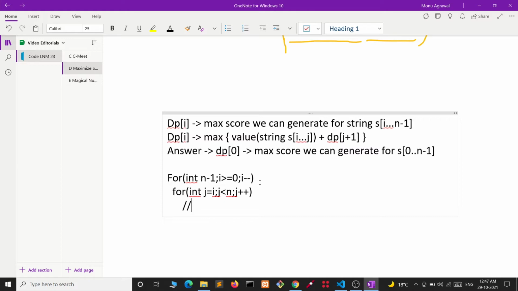Here we can check if s[i..j] is a valid word or not.